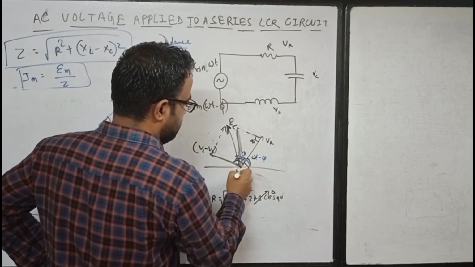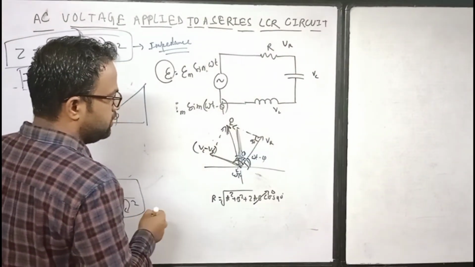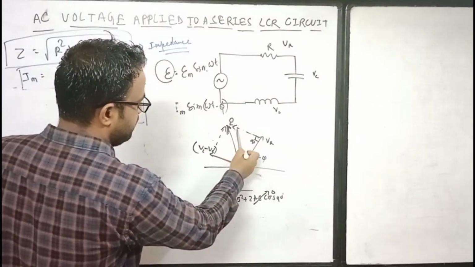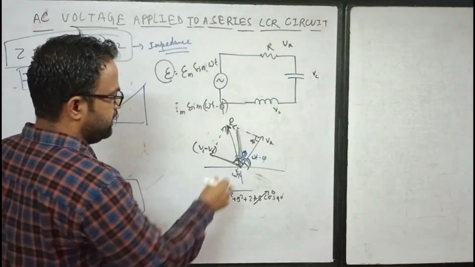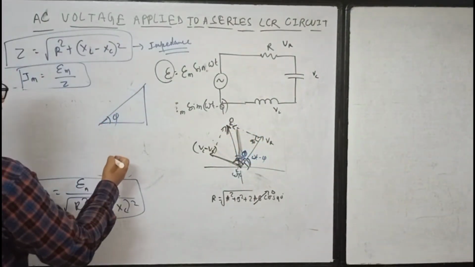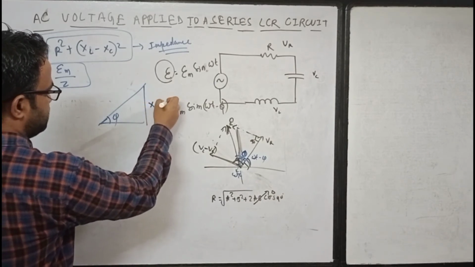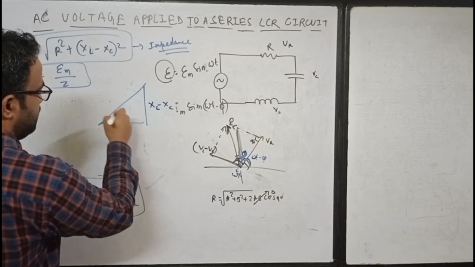Phi is omega t, right? So this is your phase angle. If this is your phase angle, then what will be tan phi? Tan phi is this by this, right? That you can say tan phi is XL minus XC, and this is your R, and